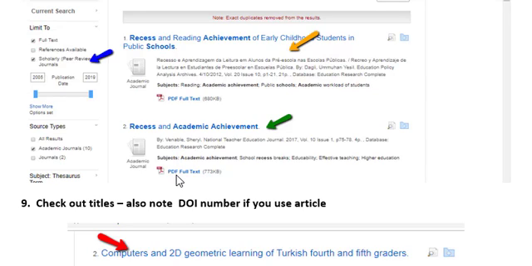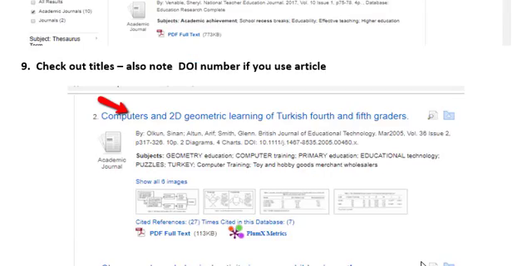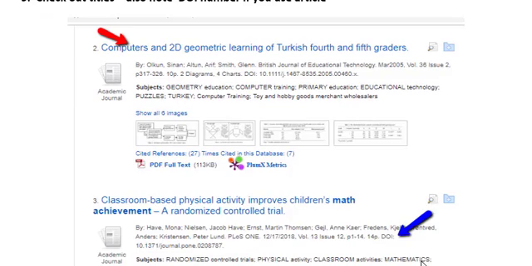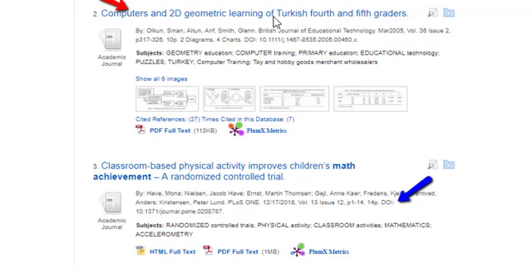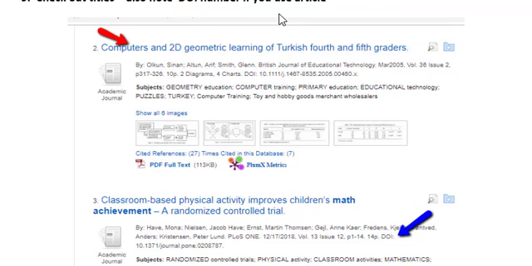So I narrowed my search down. I make sure I look at the title and some of the parameters here. Check out the articles I have. Note the DOI number, and that would be listed right here. If I select to use this article, a very good article that physical activity improves math achievement, it was a 14-page article, I'm really interested in reading it. But if I use this article in my research, I do have to put the DOI number